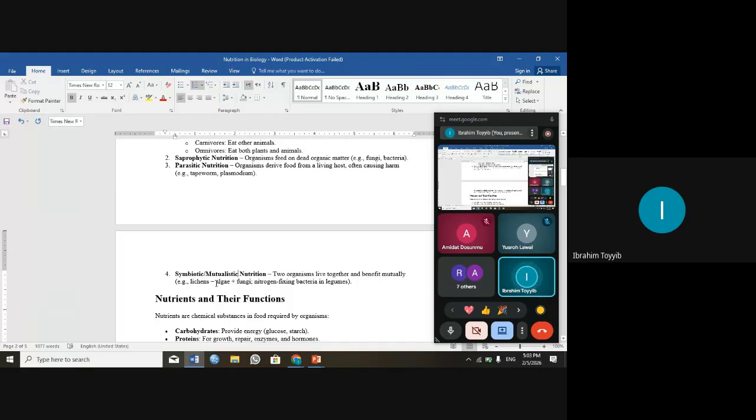For example, lichens, which consist of what? The combination of a relationship between algae and fungi. The algae photosynthesize, thereby producing food, because there will be glucose and there will be oxygen. The fungi need the food and the oxygen. Now the fungi provide habitat for the algae to stay. So fungi is giving algae habitat, and algae is giving